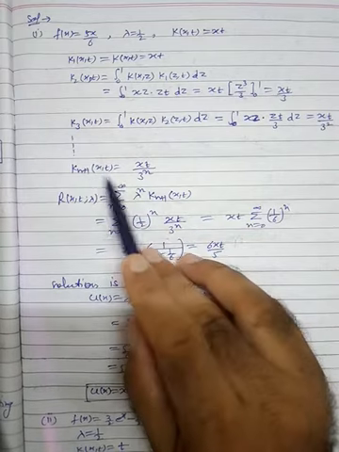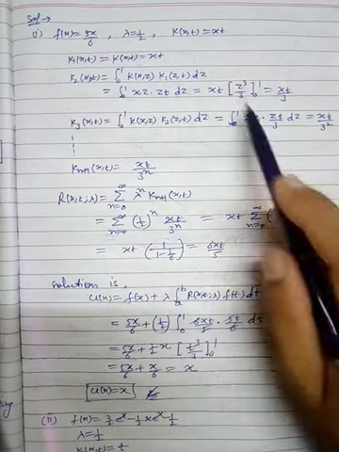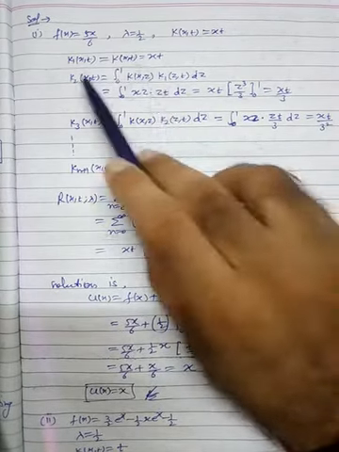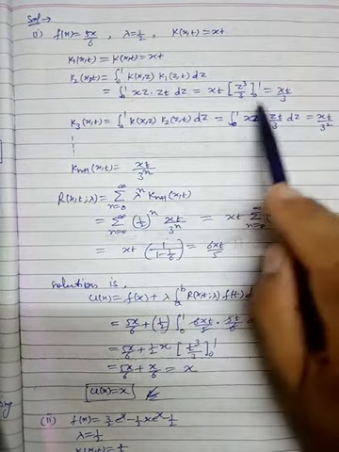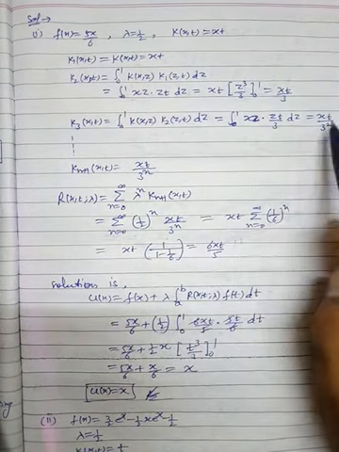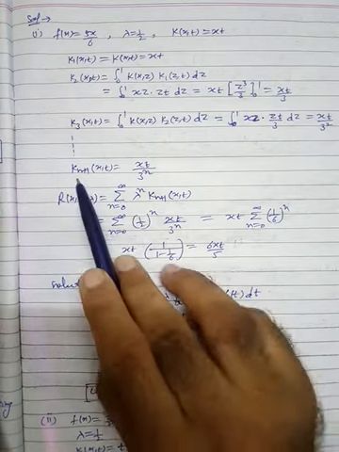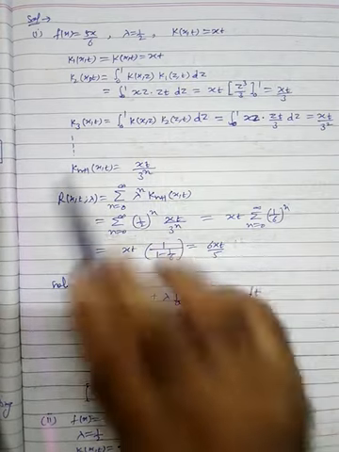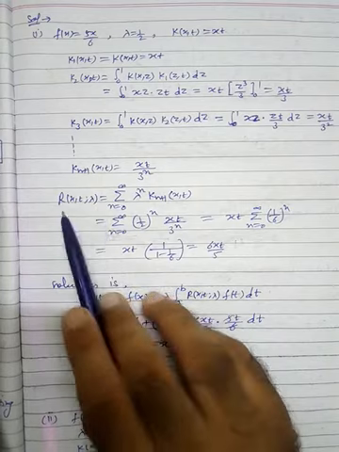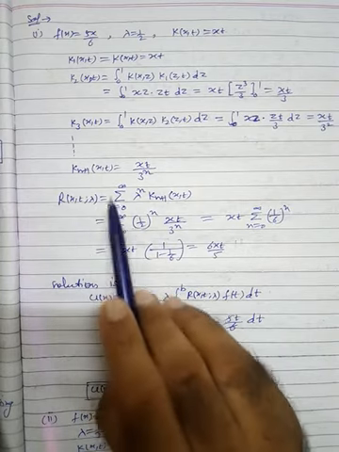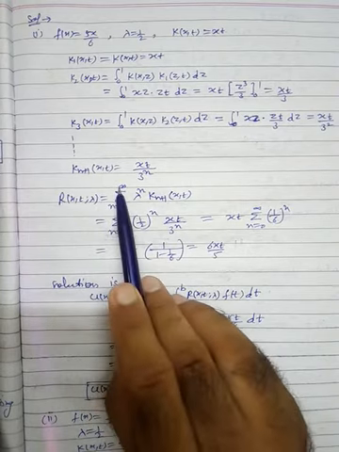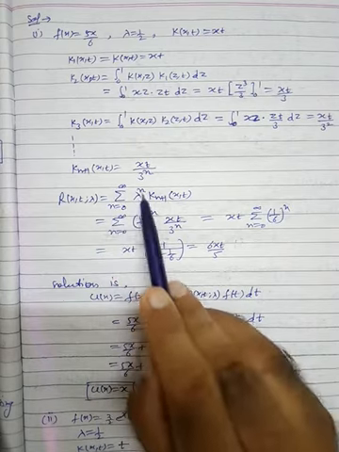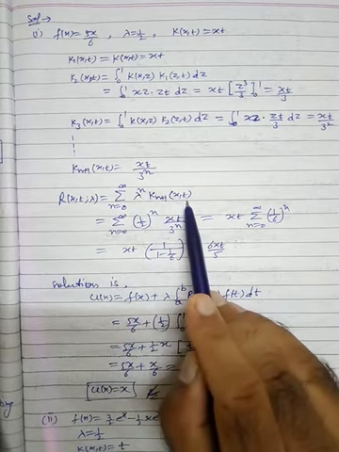Similarly K(n+1)(x, t) will be, according to this, you will see the pattern. First K1 is xt, K2 is xt by 3, K3 is xt by 3 squared. So what will be K(n+1)? Xt by 3 raised to the power n. This will be the general formula. So now the resolvent kernel R(x, t; lambda) is given by the summation n from 0 to infinity of lambda raised to the power n K(n+1)(x, t).